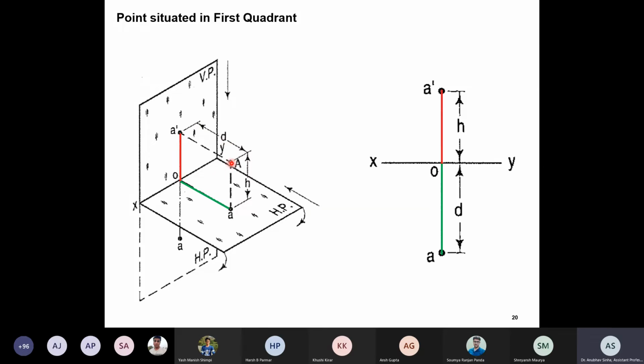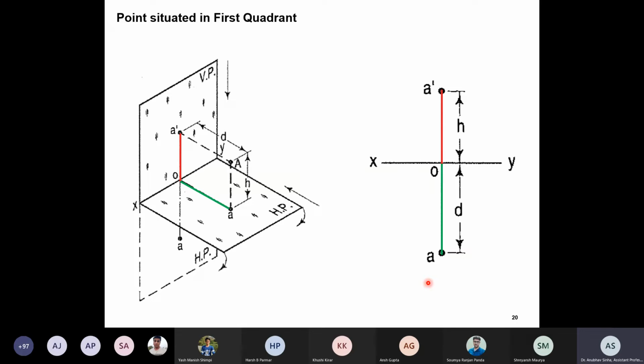So here is the point I want to see in 2D orthographic. Orthographic will look like this. This XY, I'll draw like this, XY, and when you open it up, open means you will rotate this and bring it like this in one plane. That one plane is being drawn here. So this is the point. I show the projection of that point in horizontal and vertical planes. So A dash is here, A dash is shown here, small a is here, small a is shown here.